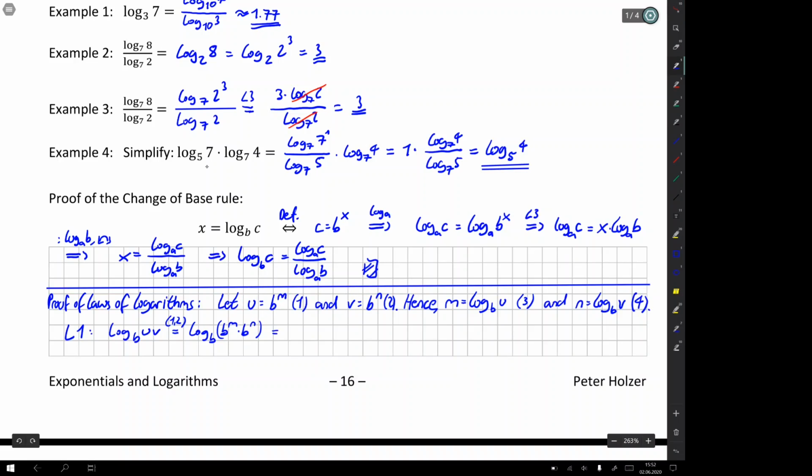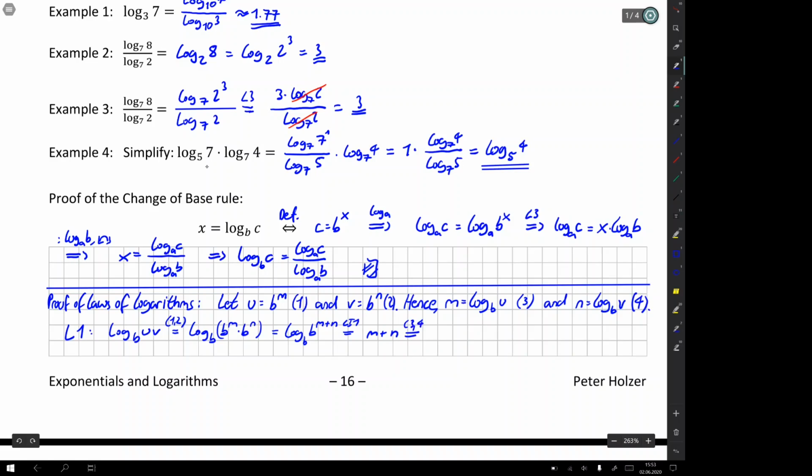Then we can rewrite that obviously as logarithm of b to the power of m plus n, just using a power rule in base b, and here using the logarithmic identity 1, we get m plus n,